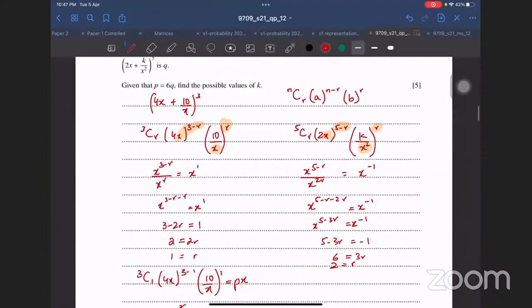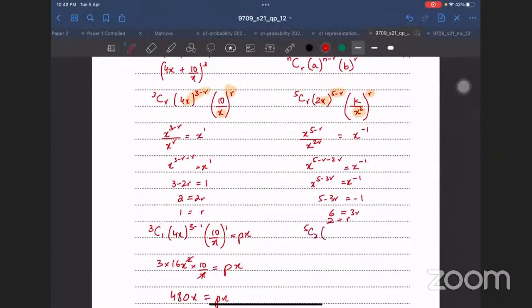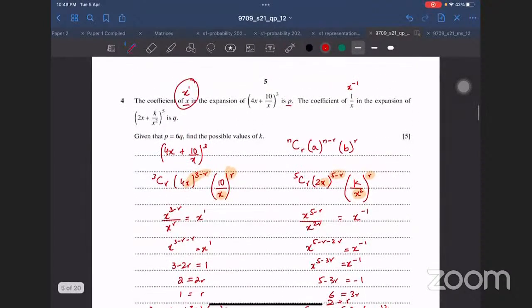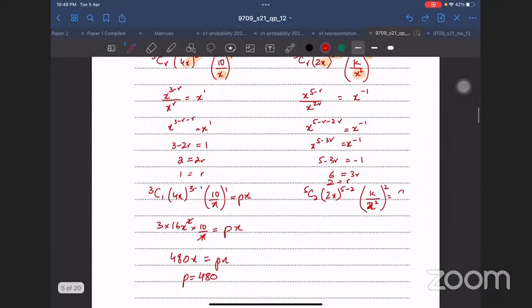So what term am I looking at? I am looking at 5c2 2x power 5 - 2 k/x² power 2 equals to, the question is telling you that the coefficient of 1/x is q, which means कि q/x आना चाहिए। 5c2 कैलकुलेटर पे बनता है 10, 2 क्यूब बनता है 8 x क्यूब k² x पावर 4 equals to q/x।